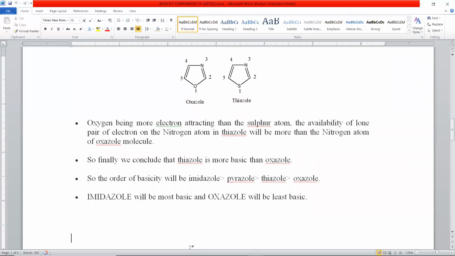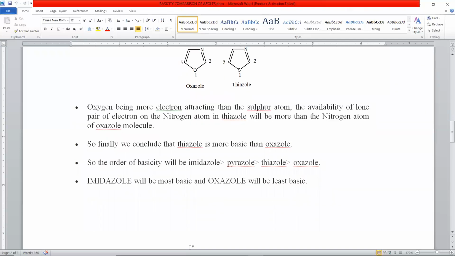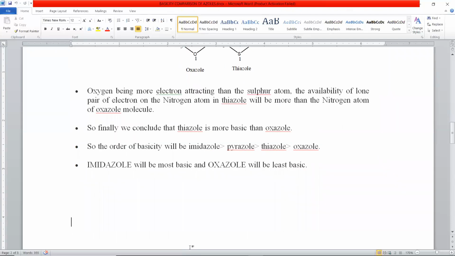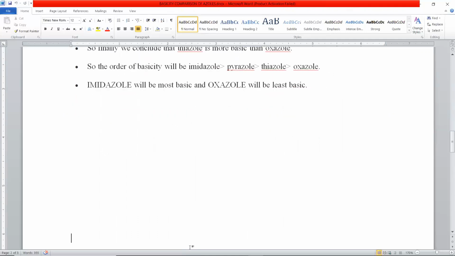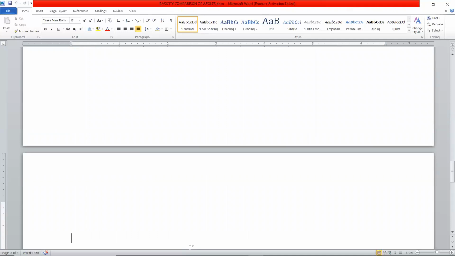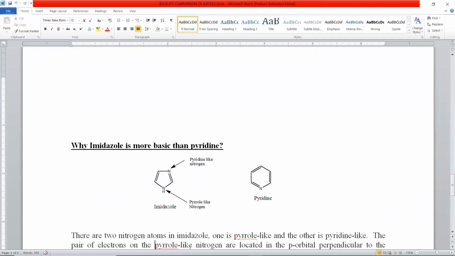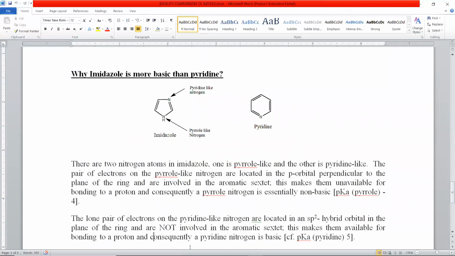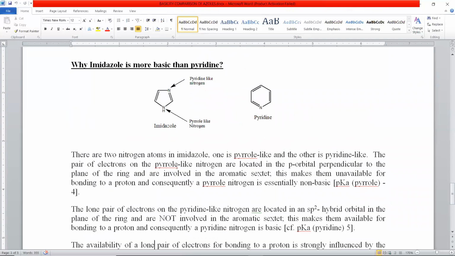So imidazole will be the most basic and oxazole is the least basic. This is the comparison of the basicities of imidazole, pyrazole, thiazole, and oxazole. Another frequently asked question is the comparison of basicity between imidazole and pyridine. Imidazole is an azole. It is a 5-membered ring system containing one pyrrole type of nitrogen and another pyridine type